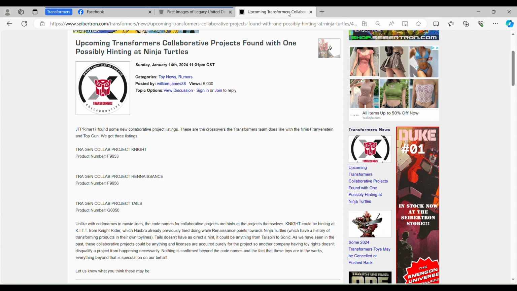Tails doesn't have as direct a hint. It could be anything from Tailspin to Sonic. As we have seen in the past, these collaborative projects could be anything, and licenses are acquired purely for the project, so another company having toy rights doesn't disqualify a project from happening necessarily. If they did do Sonic, that would be an interesting one, actually, because obviously Sonic does have a new movie coming out this year, Sonic 3 in December. If they did do Sonic, it would have to be...